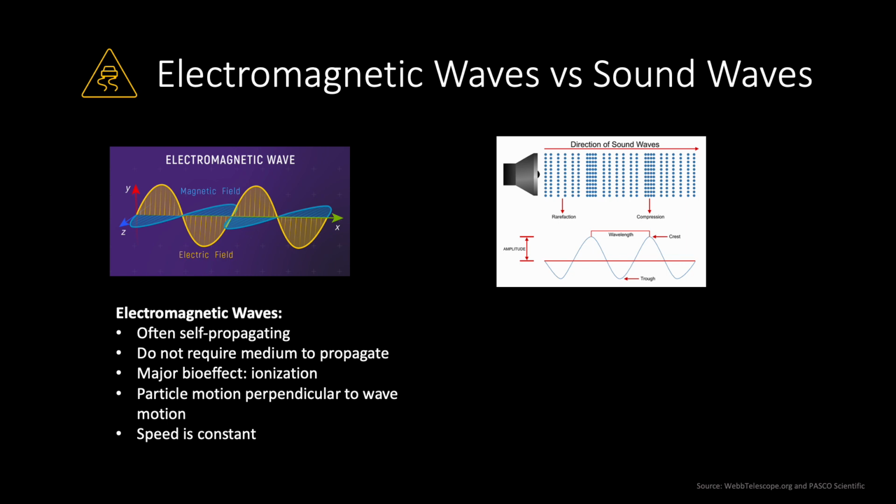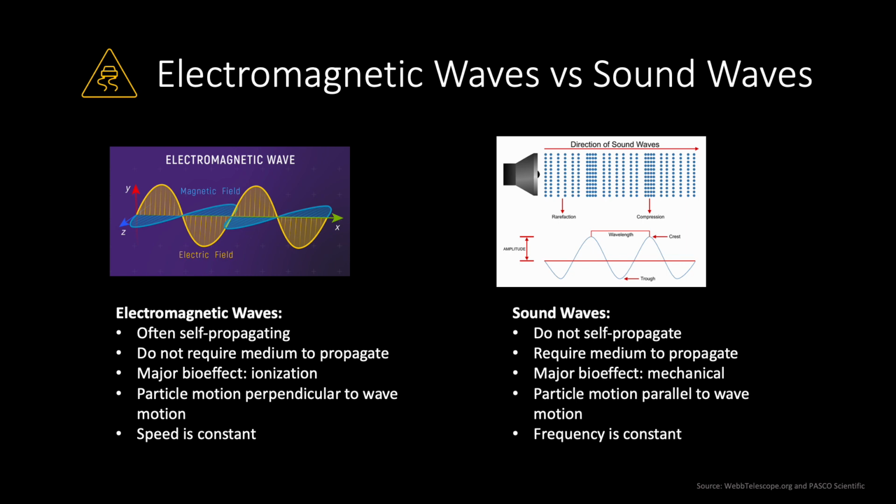Electromagnetic waves also travel in a way that particle motion travels perpendicular to the wave motion. So if you look at this diagram, you can see that the magnetic field and the electric field are both separate. So the magnetic field is happening at 90 degrees from the way that the particles are actually traveling in the electric field. And speed serves as a constant. We've learned that in high school probably, that the speed of light is a constant, and you can use that to then calculate E equals mc squared and all of the other things that you learn in physics.